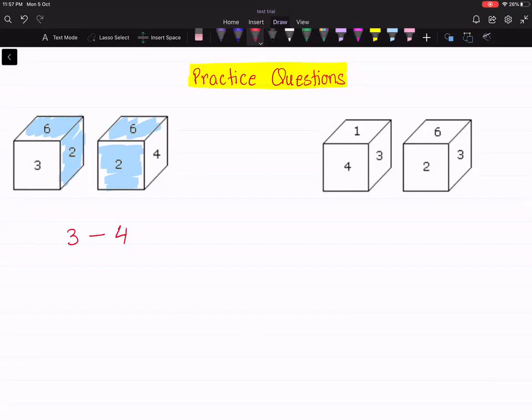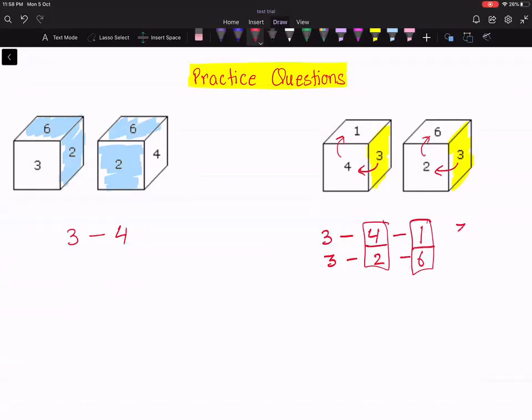यहाँ पर आप क्लॉकवाइज डायरेक्शन का रूल नहीं लगाएंगे, ठीक है? क्लॉकवाइज डायरेक्शन का रूल सिर्फ तब है जब when only one face is common. So 3 is common in this case. Here you will apply clockwise direction rule. So write down after 3 the numbers you are writing down in clockwise direction: 3, 4 and 1. In this case 3, 2 and 6 are there. So opposite to 4 is 2, opposite to 1 is 6, and opposite to 3 is the remaining number, that is 5. This forms the opposite number pairs.